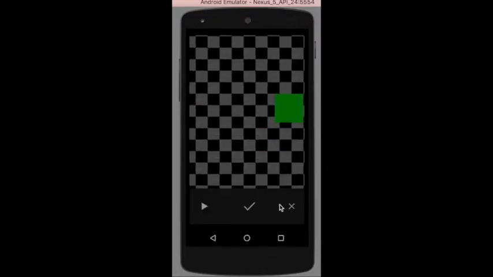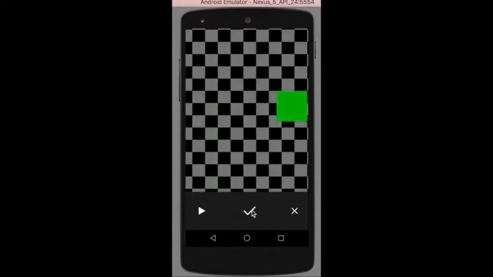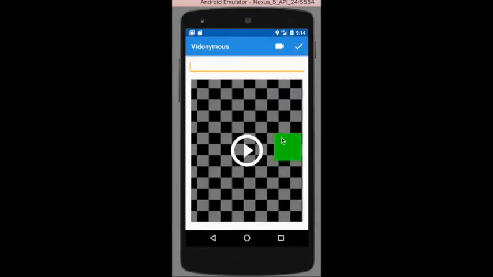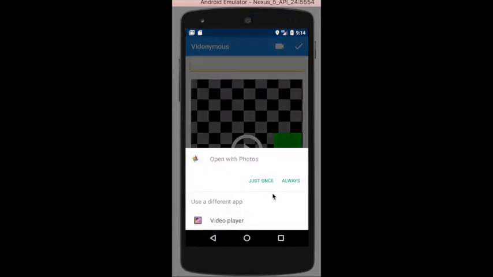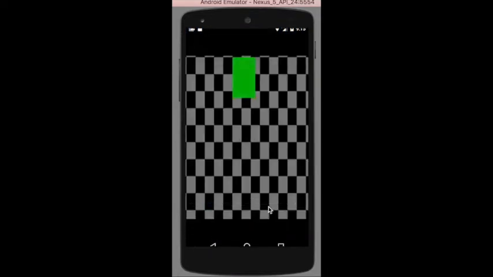From there, they can click the back button and accept the video, which will then show them a preview of the video they've just captured and allow them to preview it again if they do desire,